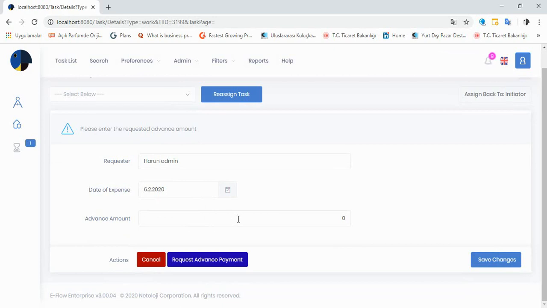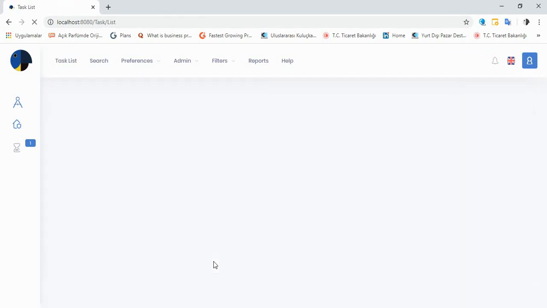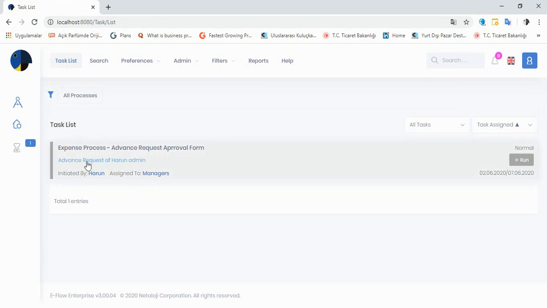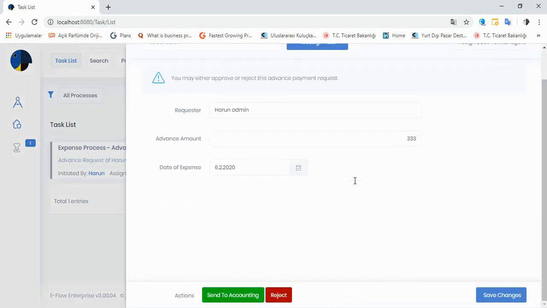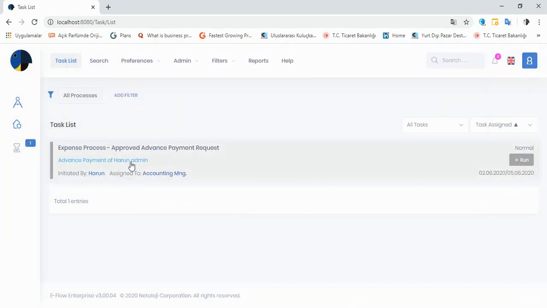When I submit it, I will have to just write the advanced amount that I request. Let's make it 333 and let's do the request for the advance payment. And this process will go to the managers, the subject, and the task form description. And the managers have 5 days for this task. If they run on the process, they can either send to accounting or reject it. If I send it to accounting,